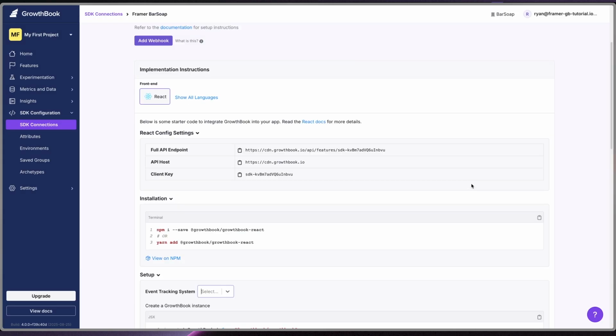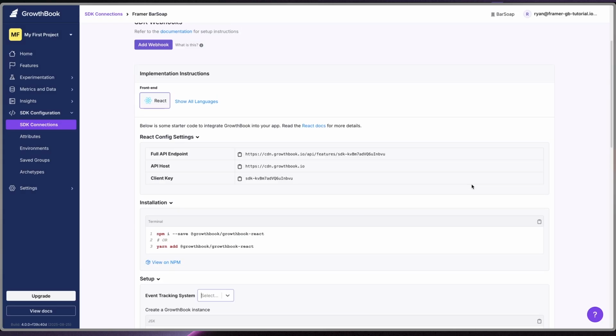And now the important thing to see or get from this page, which we're going to need later in Framer, is this client key here. So you can copy it to your clipboard. We'll come back and get it, but this is what's going to allow Framer to know what your feature flags and experiments are. So speaking of, while we're here, let's set up the experiments we're going to run on our